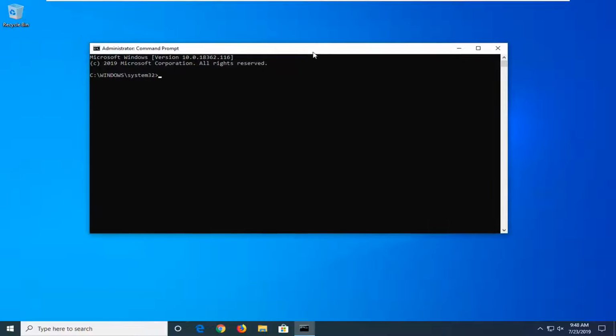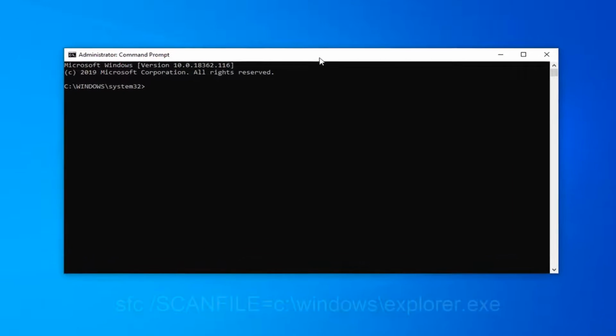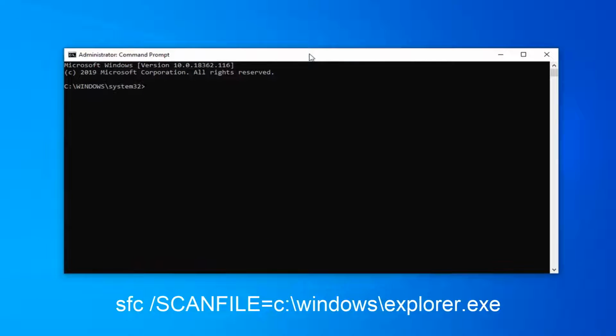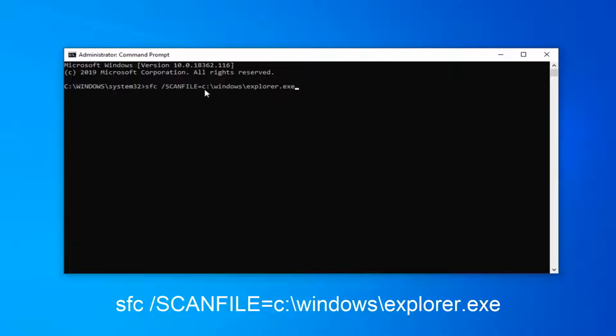Now I'm going to have a command in the video description. I want you guys to copy it from my description and then go to the top bar of the command prompt window, right click on it, left click on Edit, and then left click on Paste. Please note there's a C followed by a colon right after the scan file equals. You're going to have to change this C to whatever drive Windows is installed on if it's not on the